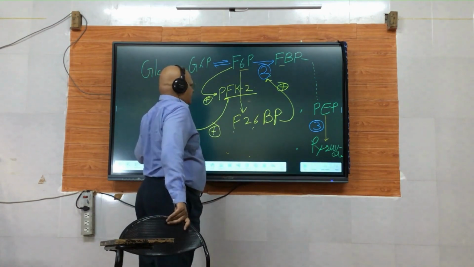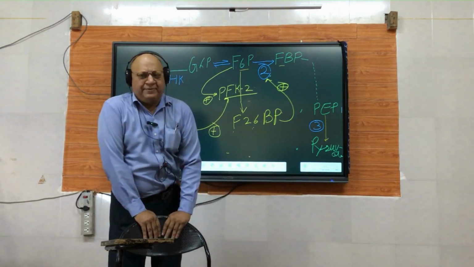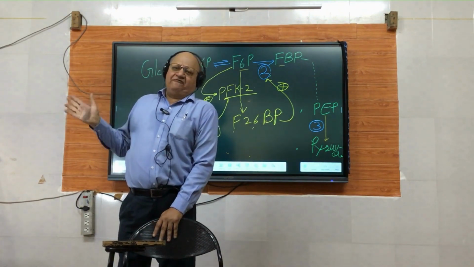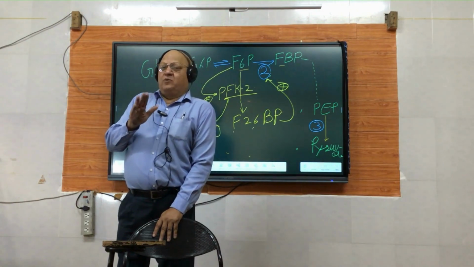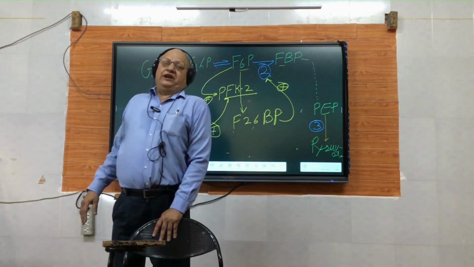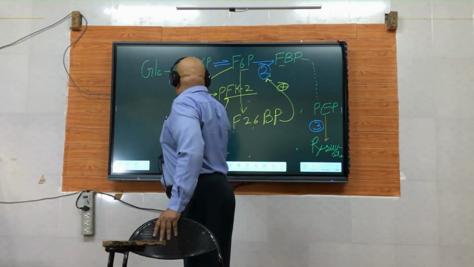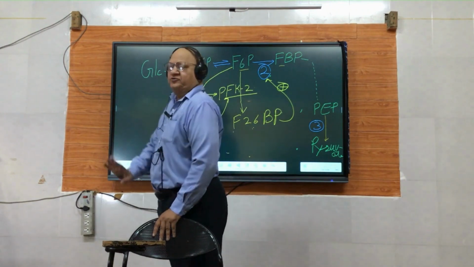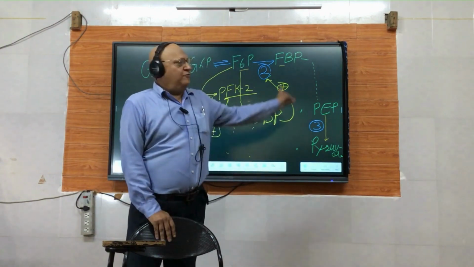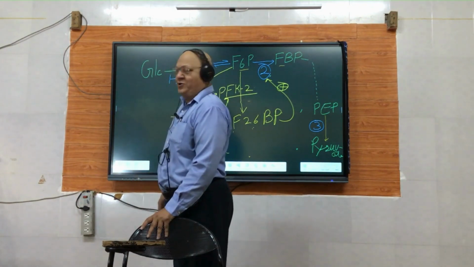Pyruvate kinase, there is nothing more I have to tell actually. Pyruvate kinase is inhibited by glucagon. It is also stimulated by ADP and AMP, allosteric mechanism, and insulin or glucagon का same effect होगा. You know, I talked about covalent modulation. So these enzymes, they are active in the dephosphorylated form. So dephosphorylated form में अगर pyruvate kinase activated है, insulin causes dephosphorylation, as you all know. So therefore activity will increase of both these enzymes. So we have discussed the most important points about it.